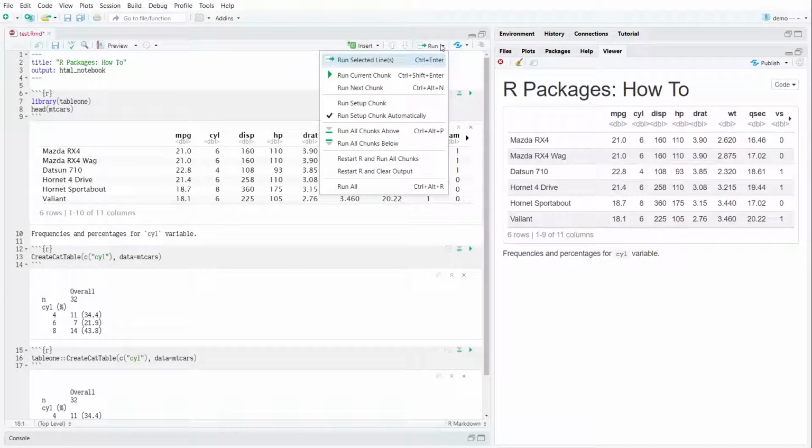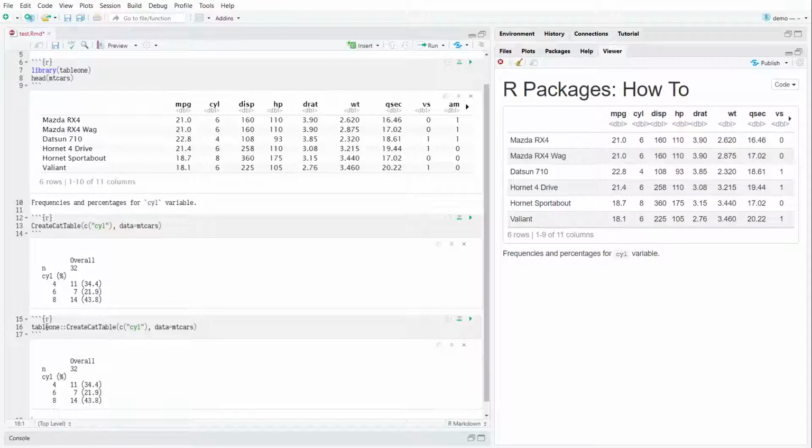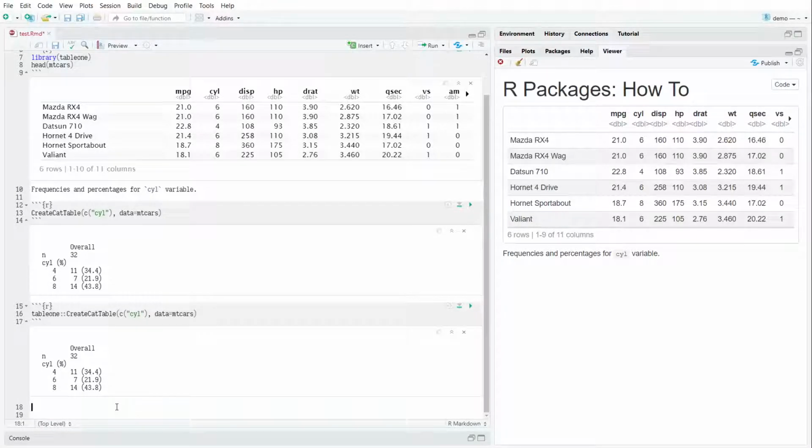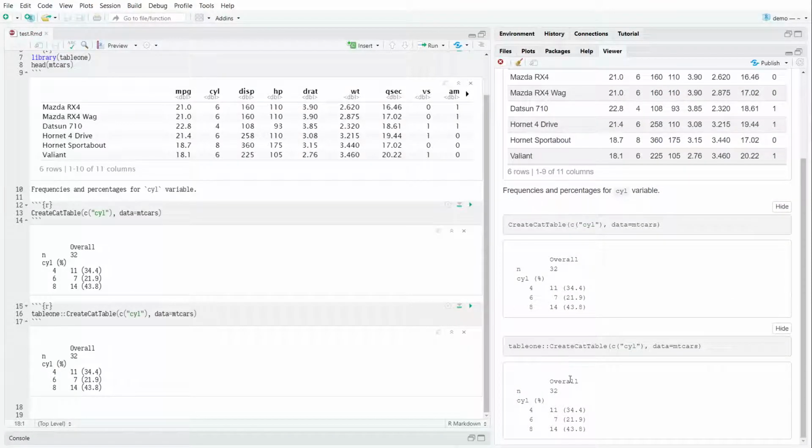I would suggest you go to Run and say Run All, which will run all the code chunks in your file and will set you exactly where you left off last time you edited this file. Save it to just show the output